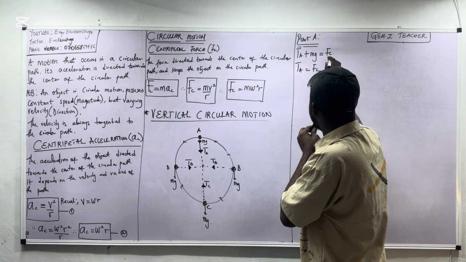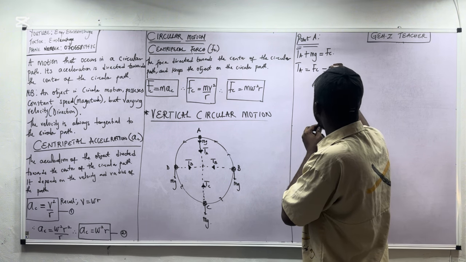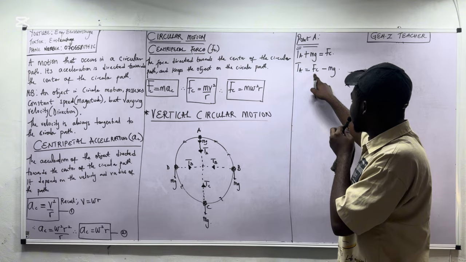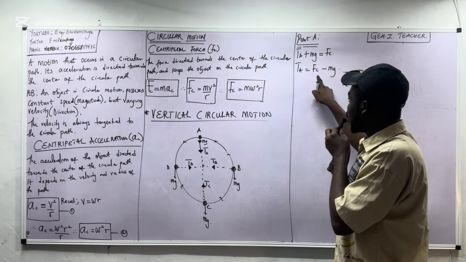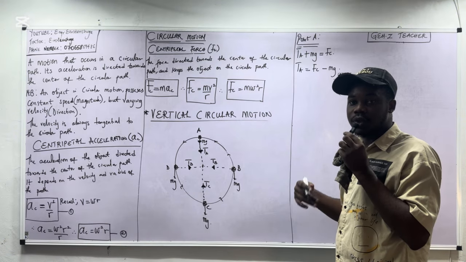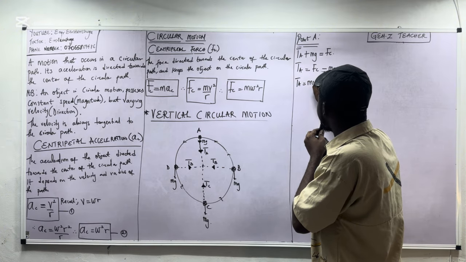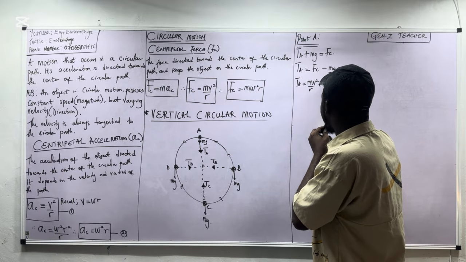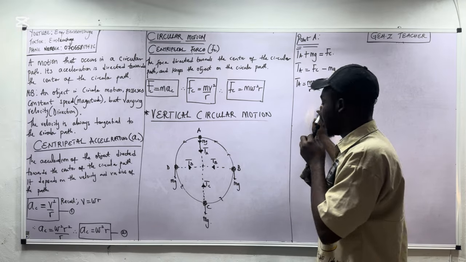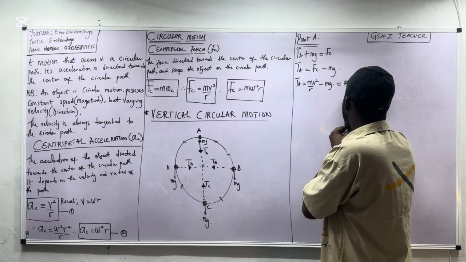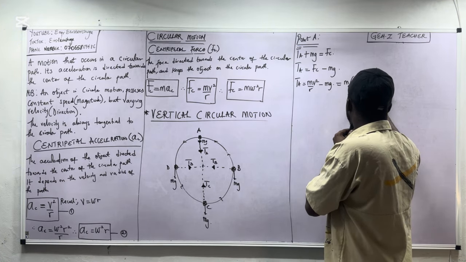FC minus mg. Now, what is FC? Remember, FC is just mv squared over r. So we can say TA should be equal to mv squared over r minus mg. Now if you factorize, you're going to get m, open a bracket, v squared over r minus g. Now this should be the tension at point A. Now quickly, the tension at point B,